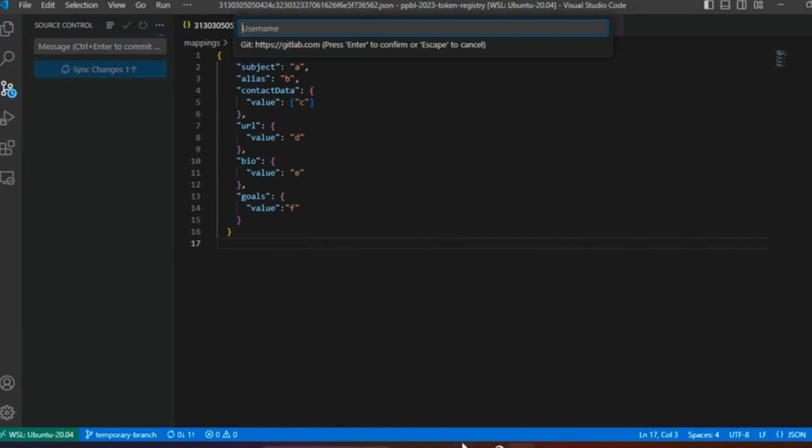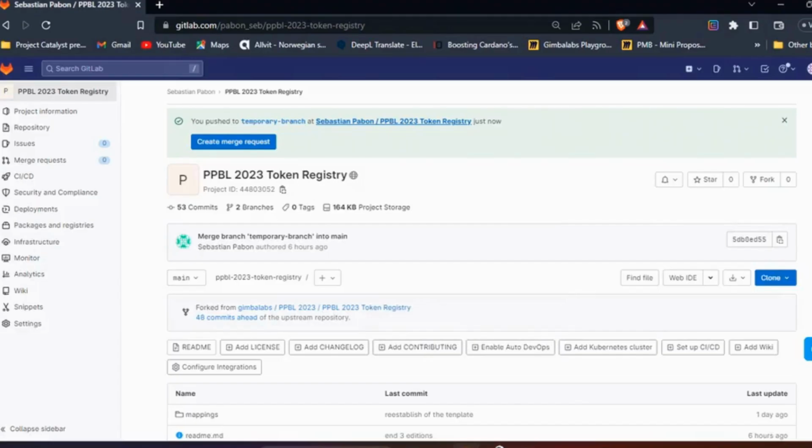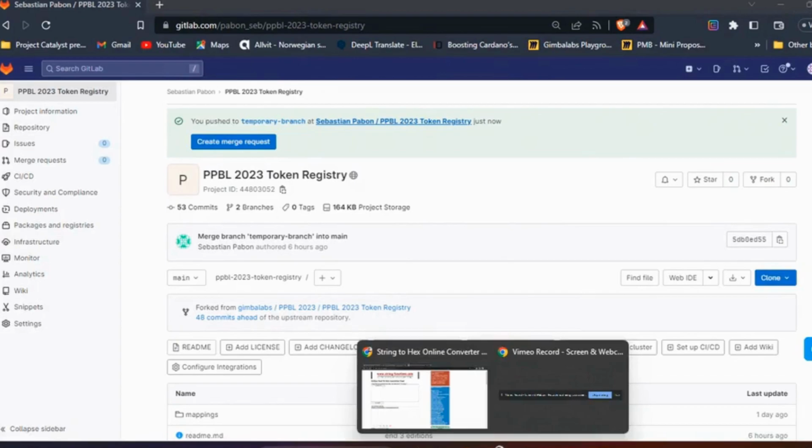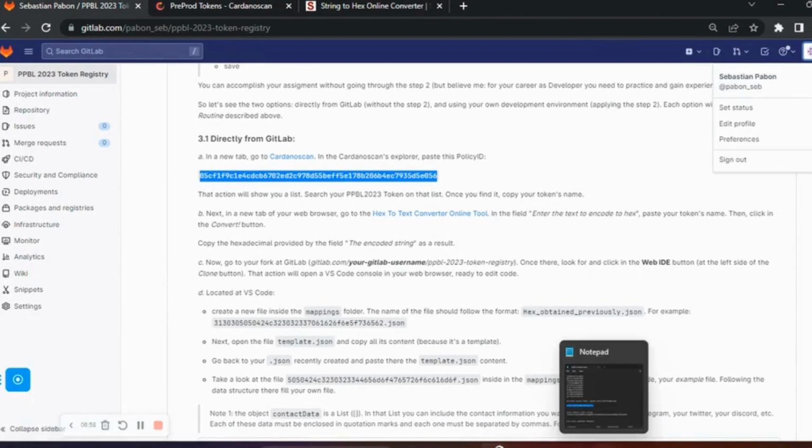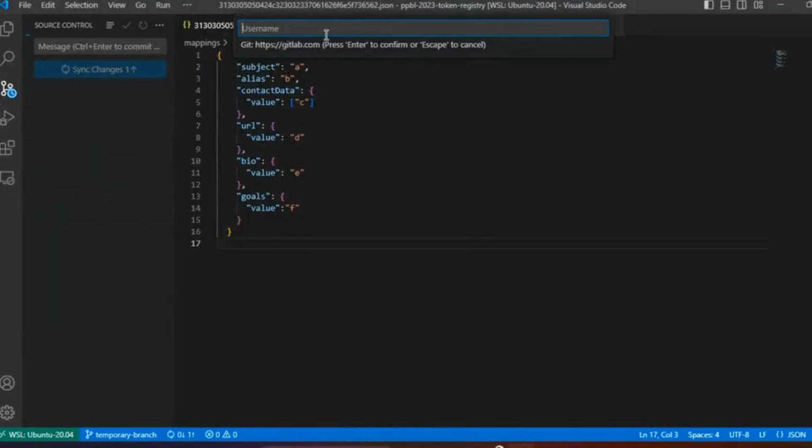My username, you have to go to your GitLab. Here in GitLab, this is your username. My username is Pavon_Sep. Enter. My password is my personal